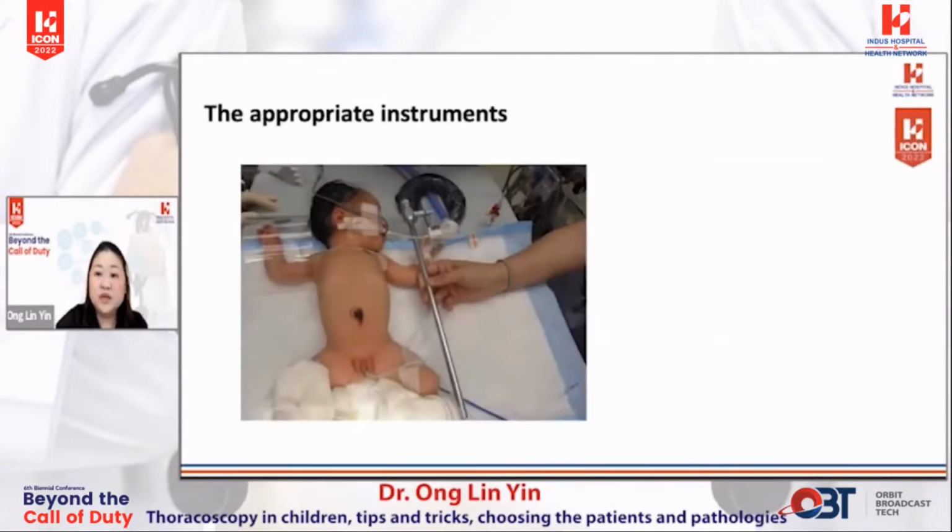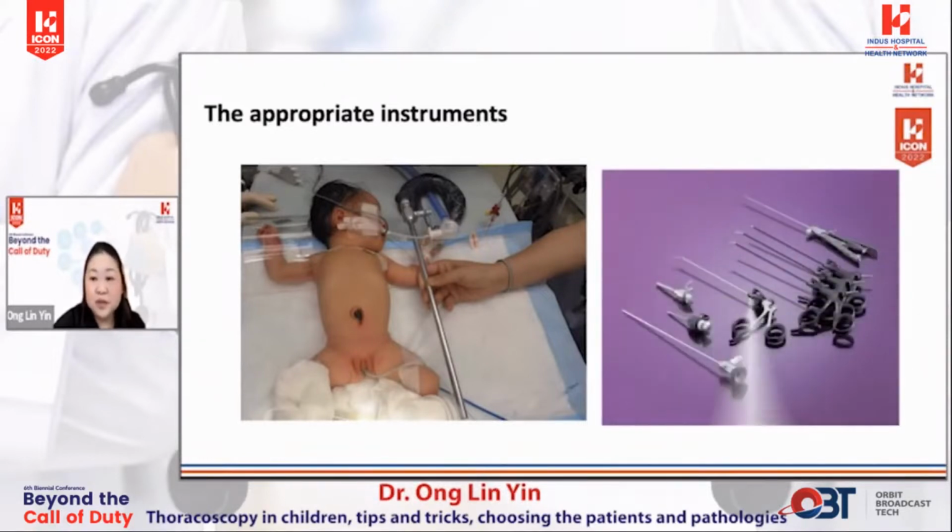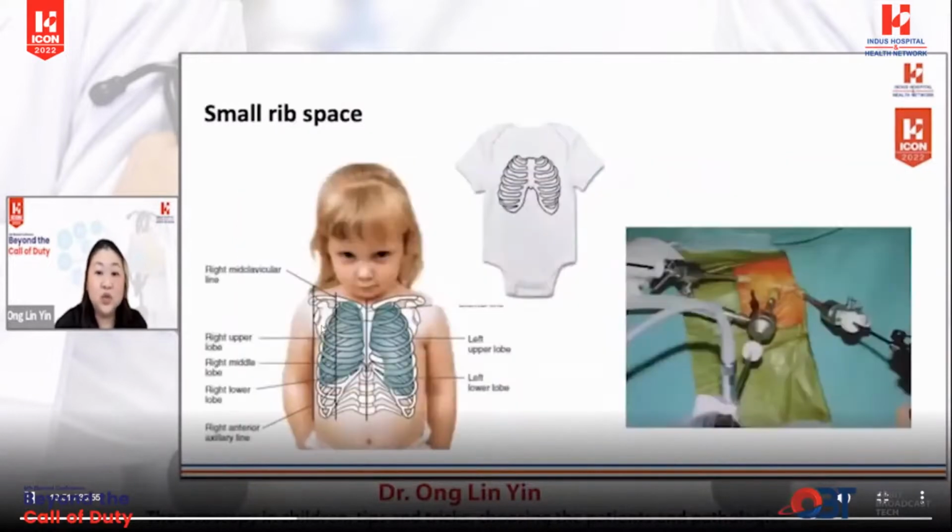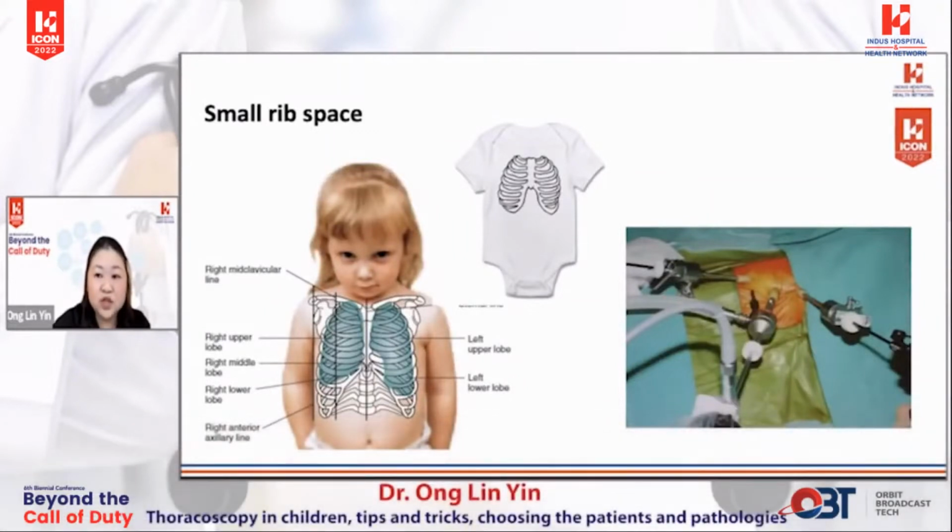Over the years, instruments have also decreased in size, and so have our patients. The pioneers of peds thoracoscopic surgery made do with what they had and modified existing instruments to suit their purpose. We have moved from 10 millimeter scopes to 5 millimeter scopes and now 3 millimeter scopes. And thankfully, there are now companies offering a range of these short 3 millimeter instruments suitable for thoracoscopic work in neonates. Though some instruments have decreased in size, others remain limited by technical issues.